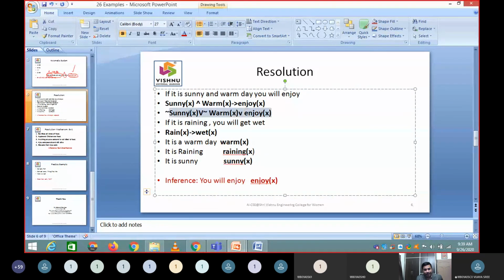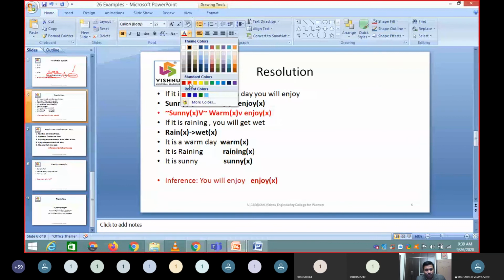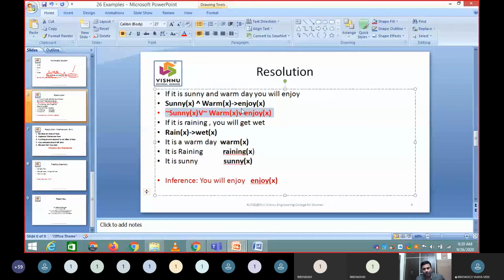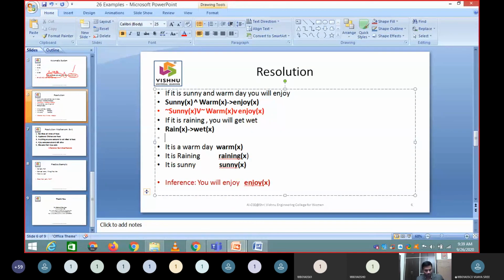This second one, I just highlight with this, this is in clause form, because in clause form implication is not allowed. So I will convert this again into this part, like negation of raining of x or wet of x.